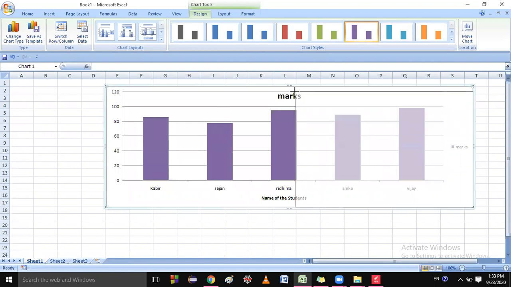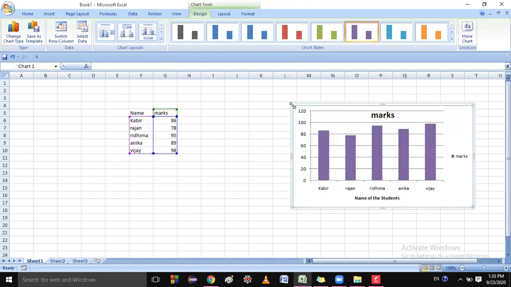This one. Sir, yes. How did this mark come like dark color and bold? This one. Yes. Basically, you can do it by, sorry, wait.